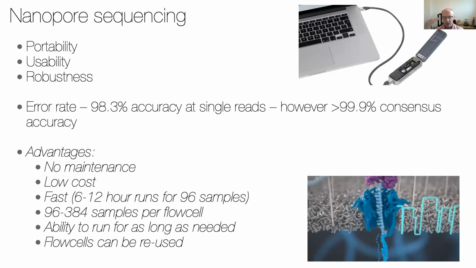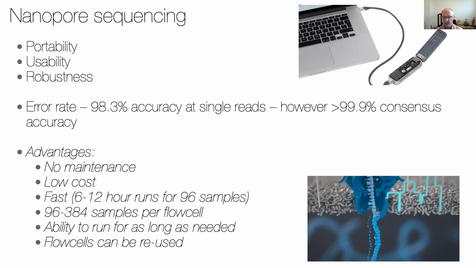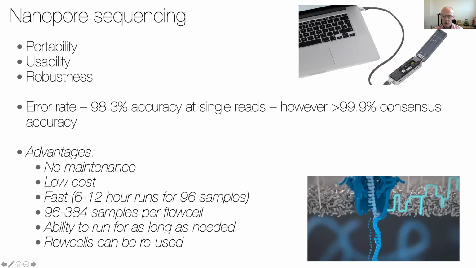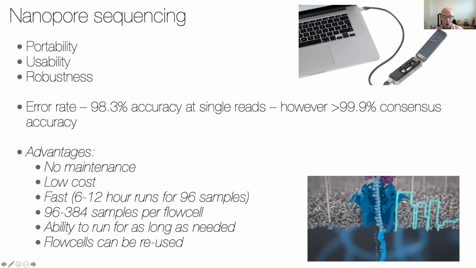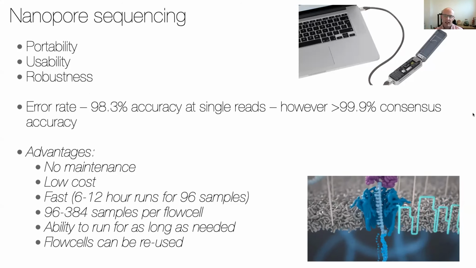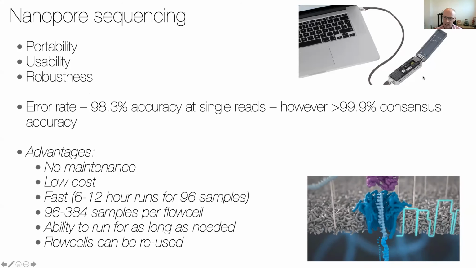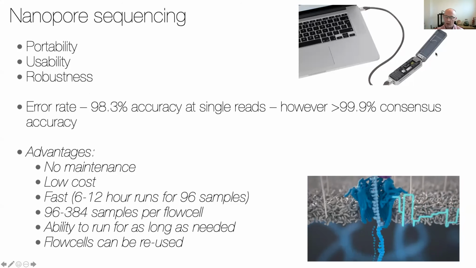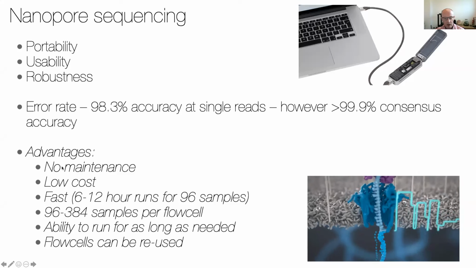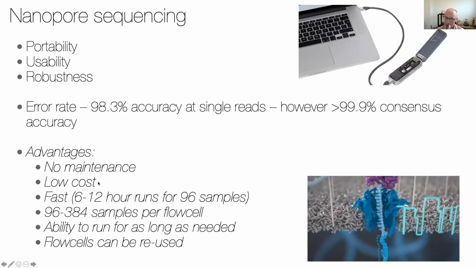This is only single read accuracy. In reality, you sequence every part of any viral genome multiple times to generate a consensus, and the consensus is greater than 99.9% accurate. So for almost all applications, not every, but almost all applications, nanopore sequencing is quite capable of generating a consensus sequence that is useful for genomic epidemiology. The advantages of this technology over others is that it's zero maintenance, it's low cost, it can